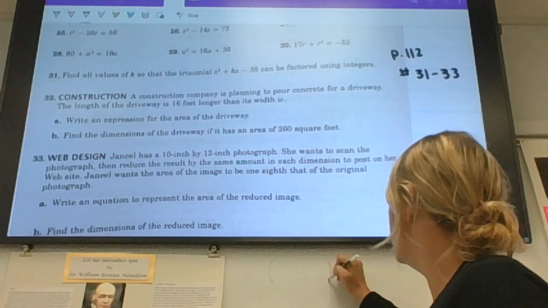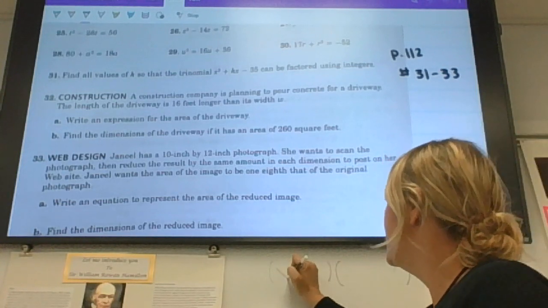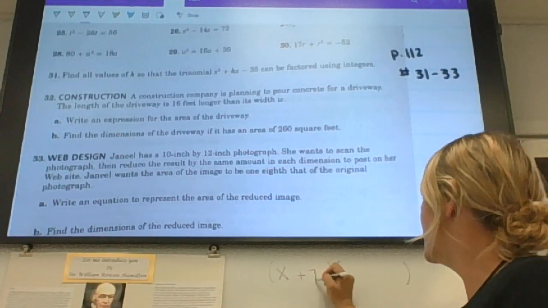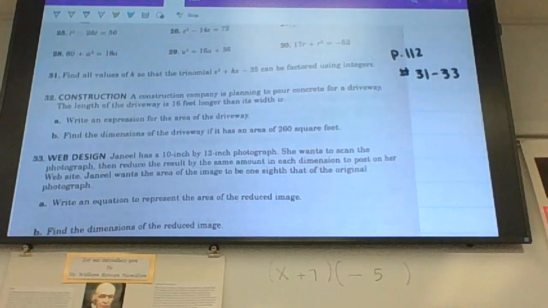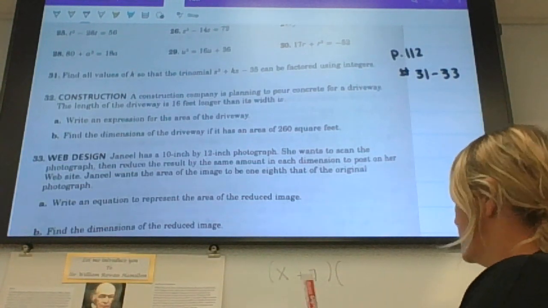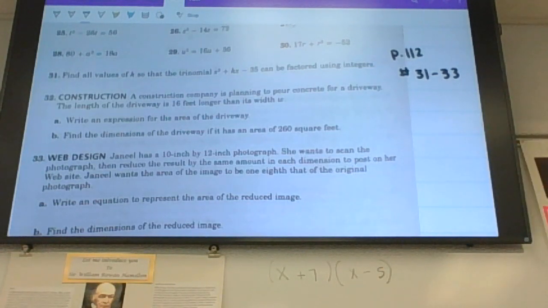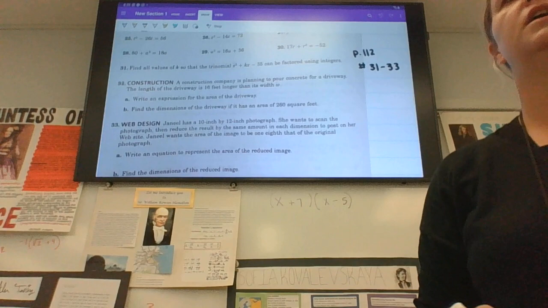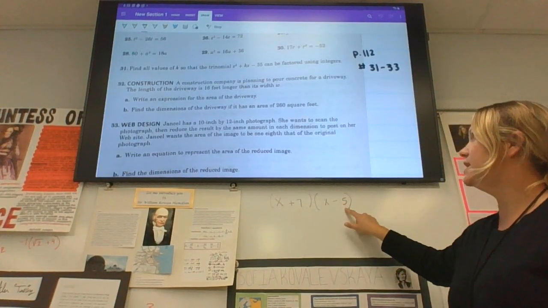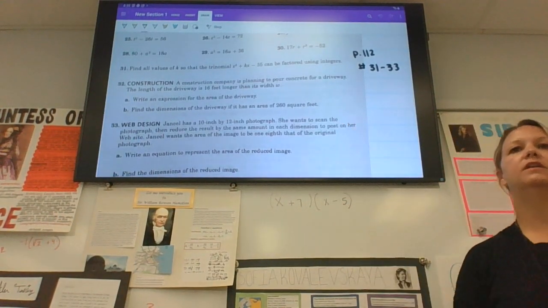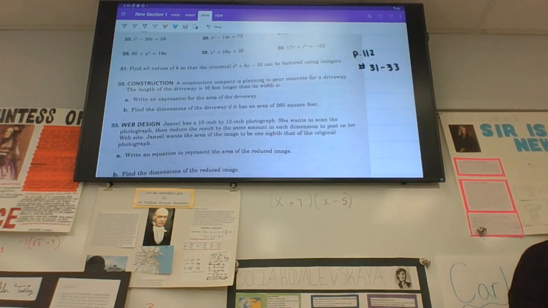to make -35, you're looking at x plus 7, x minus 5. That would make -35. What else would create a, oh, sorry, I missed an x here. What other scenario factors would create a -35 as a constant? So 7 times -5 would give me a -35 at the end. Can anybody do that? There's 3 more,